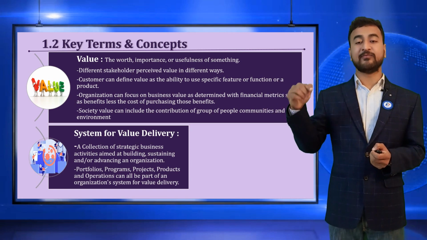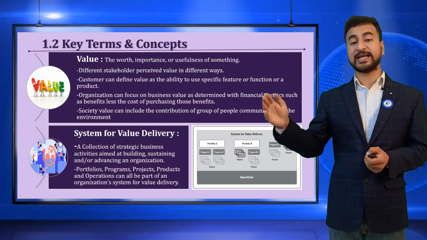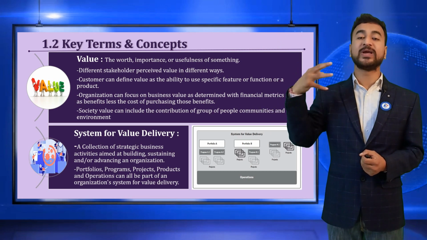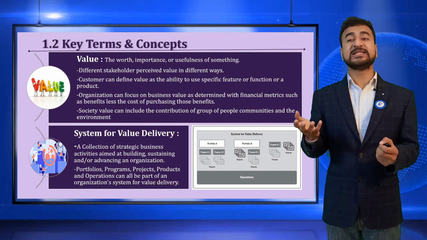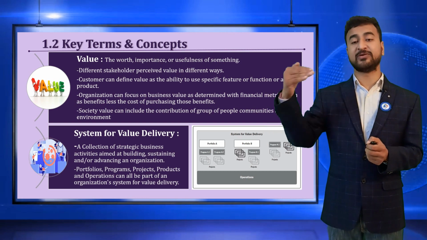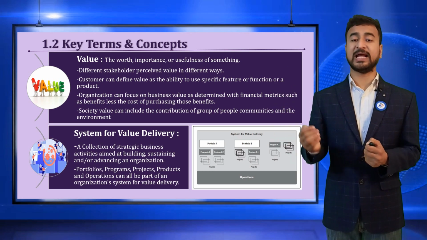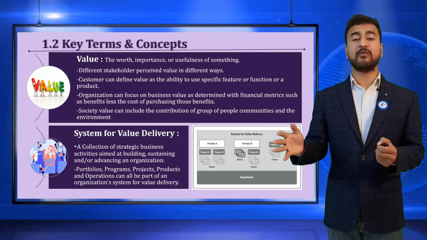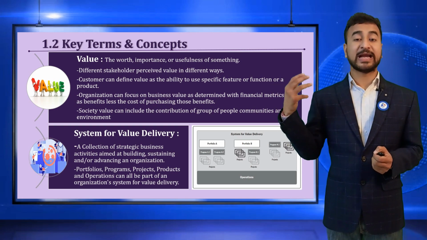So collectively, what I told you, that portfolio, different programs, the project and the operation, how collectively all this can add value, how we can bring value. Suppose what challenges nowadays organizations are facing: there are silos, different projects, different programs, they are not discussing with each other, there is no synergy between them, and that is the reason there is waste of resources, there is a very high attrition rate. So all these are reasons that we are not getting value.